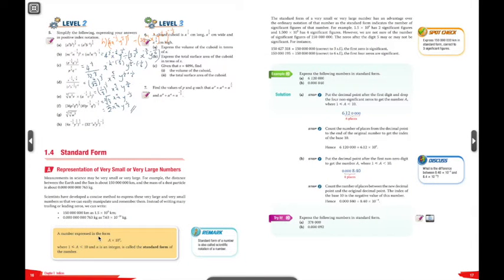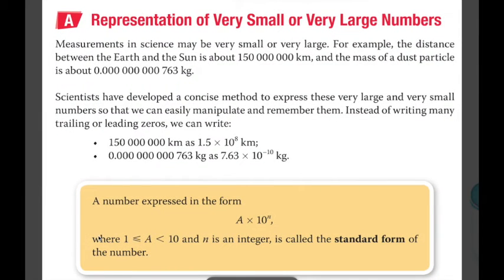Now that we've learned indices, it's only natural that we move on to standard form. Standard form is used when you want to express a large or a small number as a times 10 to the power n, where a is a number that is more than or equal to 1. Please note that it shouldn't be a decimal like 0 point something something, or negative. It will be a positive number that is at least 1 but less than 10. This is how you express the standard form, and n is an integer, which can be positive or negative